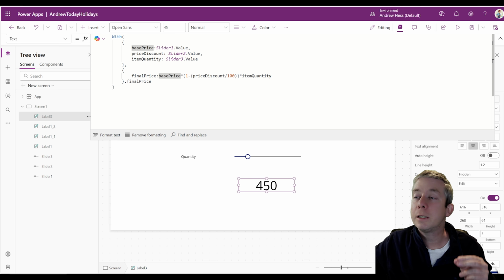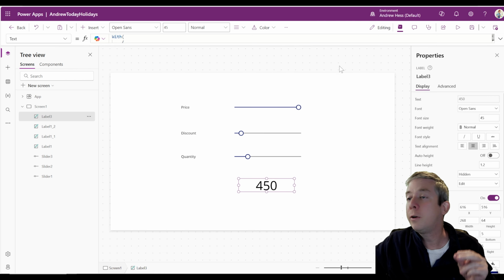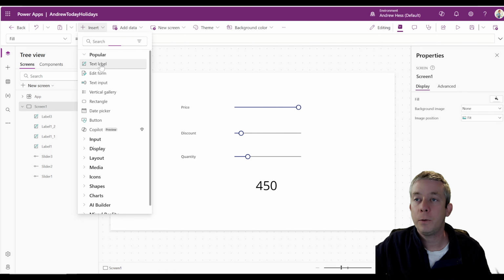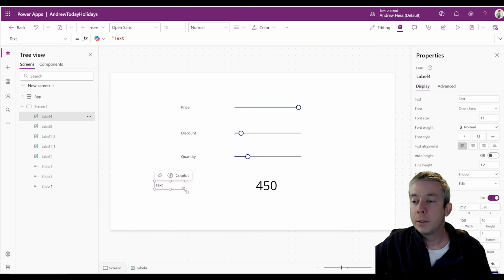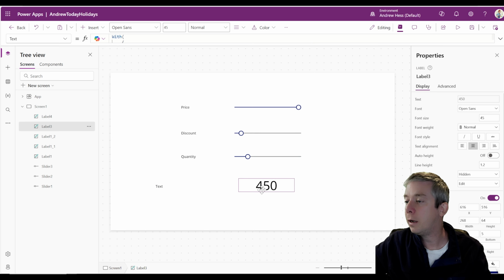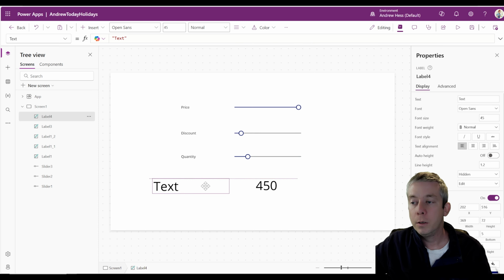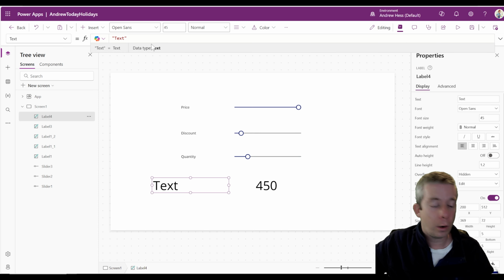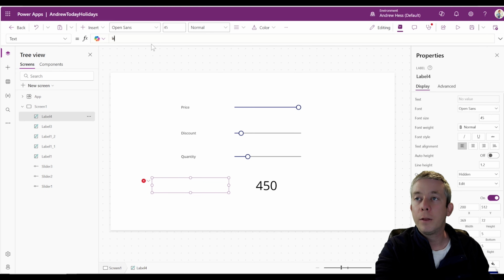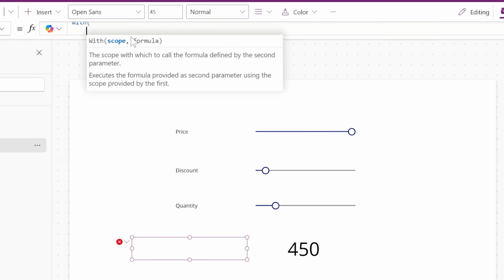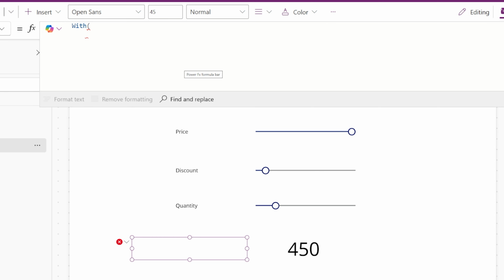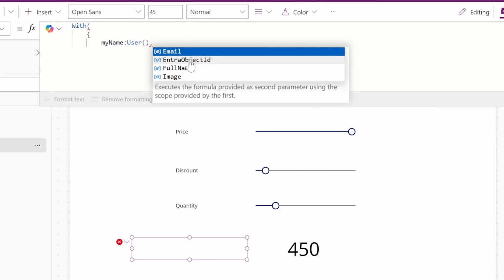Now, the With function does not have to be all math, right? You can use it with a text variable too. So let's do a text label here. Let's give it a font size of 45. It can easily just be some words too, right? So you could say with what? With my name. Let's do the squiggly. My name is equal to User().FullName,